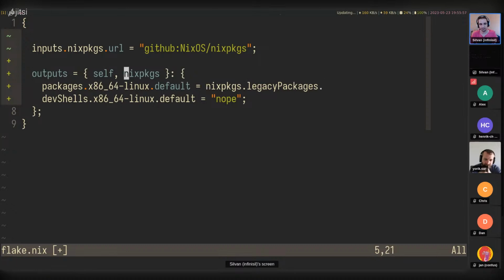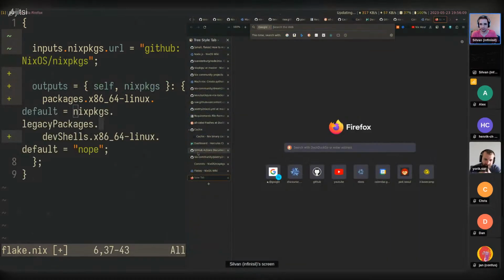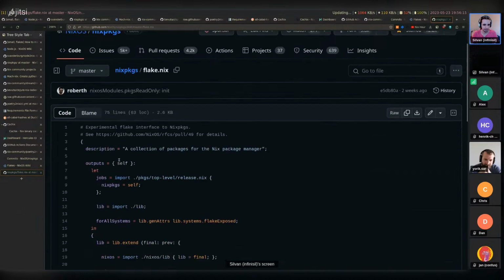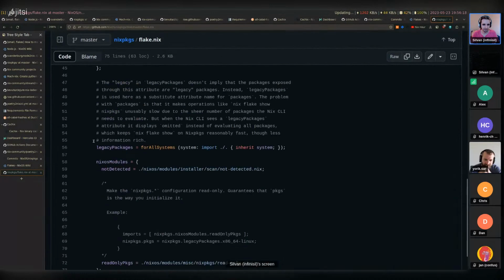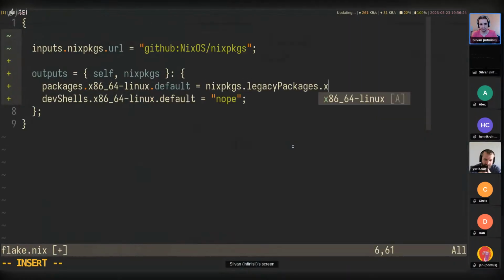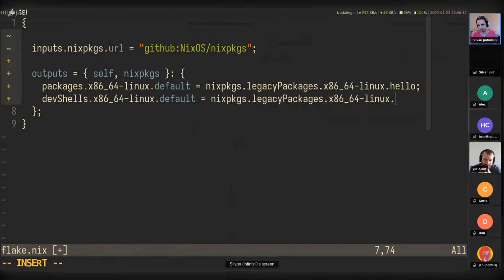And so actually, if you just do it like this, the flake.nix of the repository gets imported and set as this attribute for one. So if we go to nix-pkgs here, we can see there's a flake.nix down here. And this is what defines these legacyPackages here. And so this would look like this. We're going to do this and hello. And then here we would use nixpkgs.legacyPackages.x86_64-linux.mkShell or make shell. Yeah.